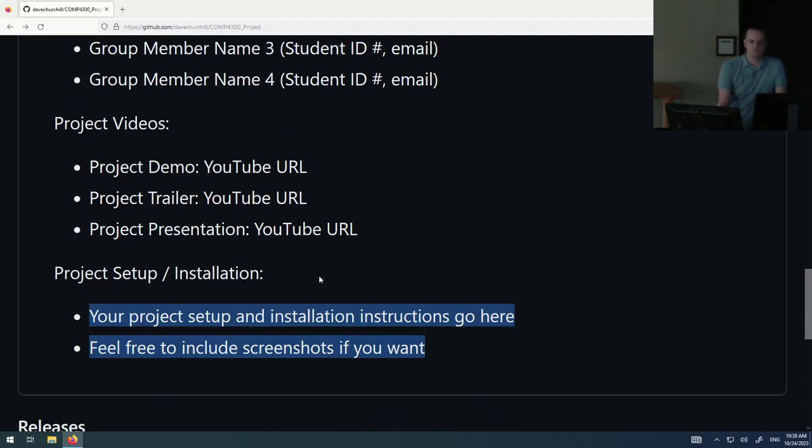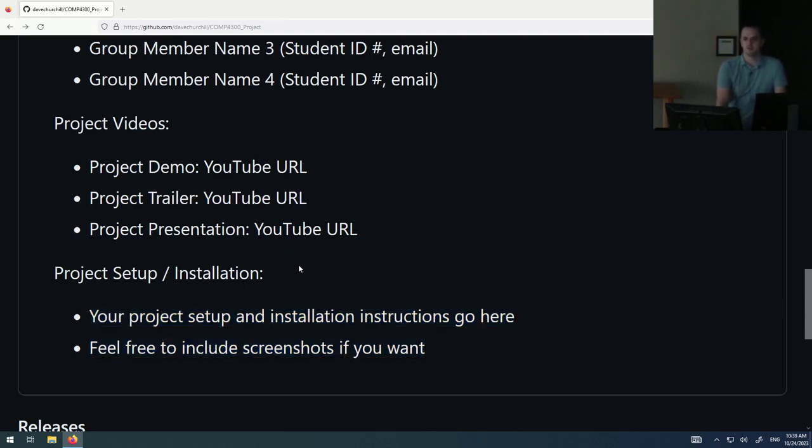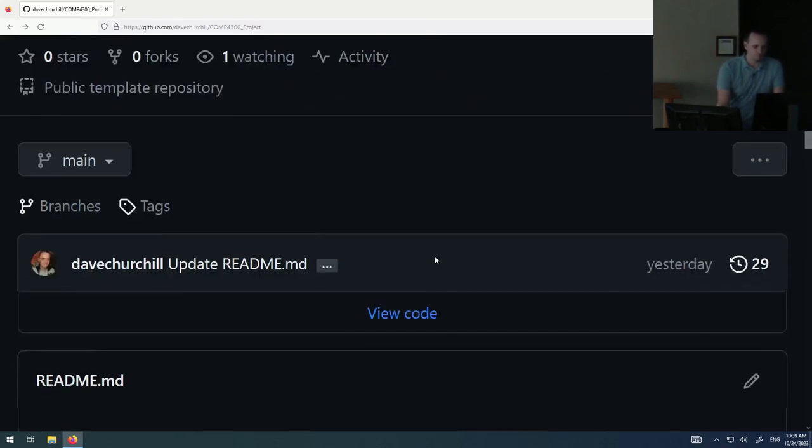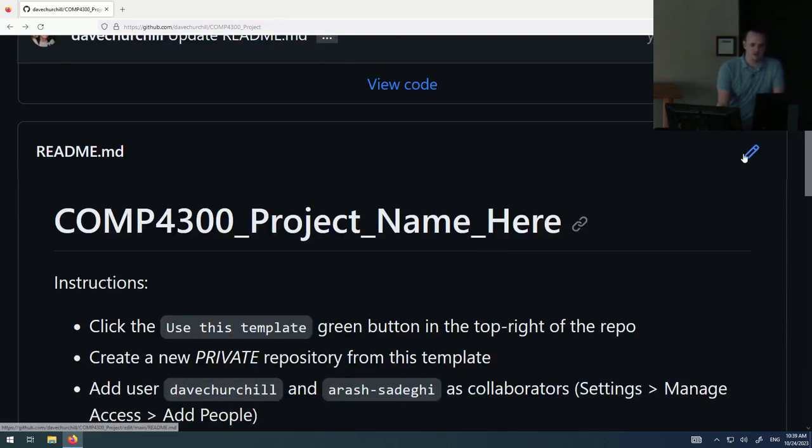And please put the instructions on how to compile and run your project here. Now, those instructions should basically be download it, compile it, and run it like any other assignment, but please just put that there, just in case there is anything weird. So what you will do in order to do that is just click this edit button at the top of the README,